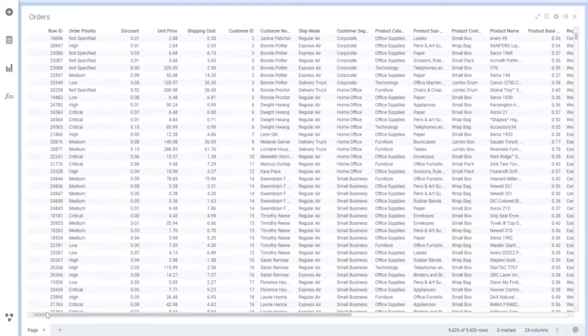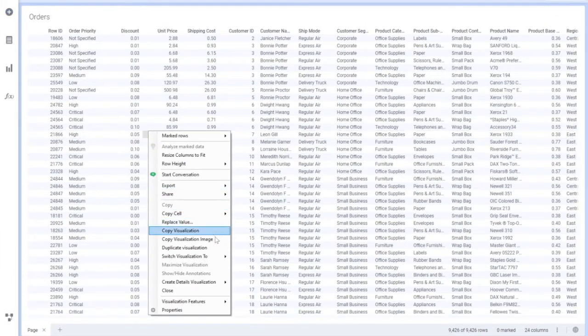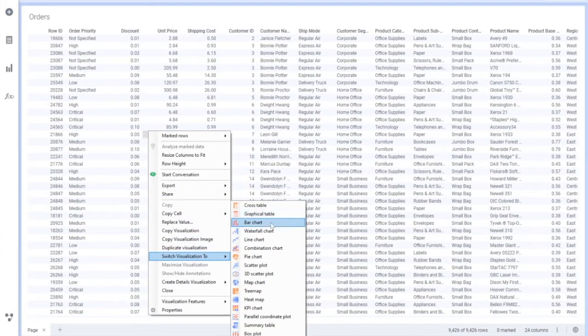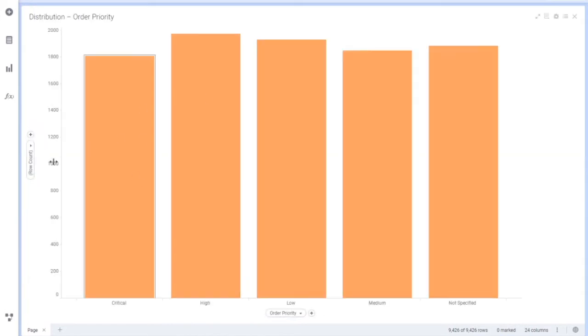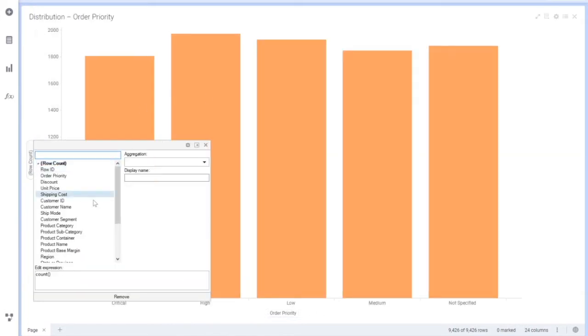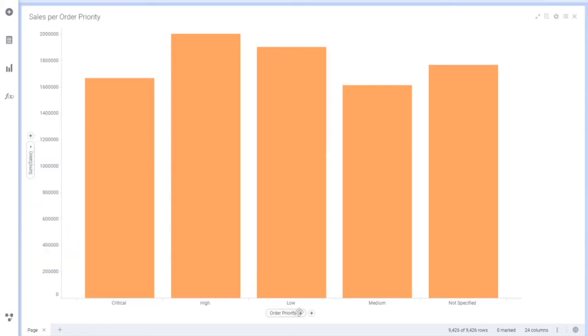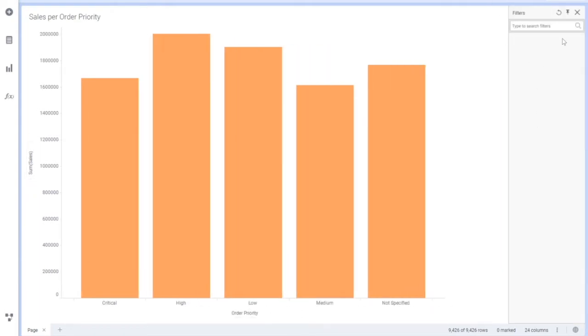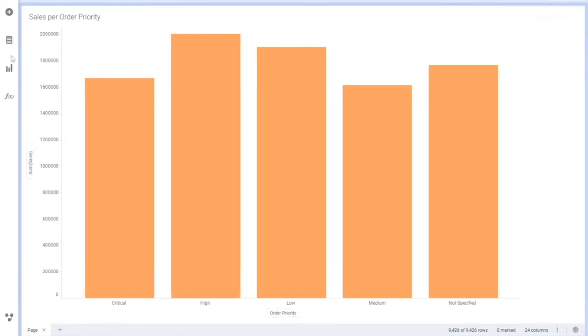So what we'll be doing is creating a chart. Let's say I'll switch this visualization to a bar chart, and I'm going to load the sales column here, and here some other column. I hope you're aware that I can drag and drop the columns and filters, whichever I want.